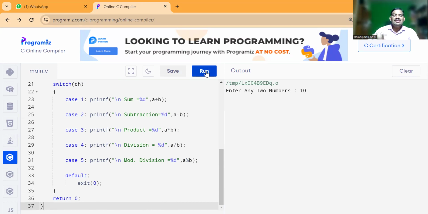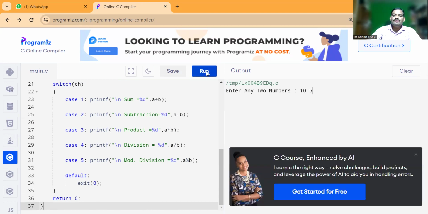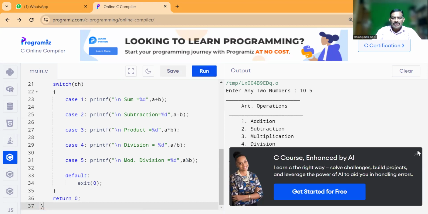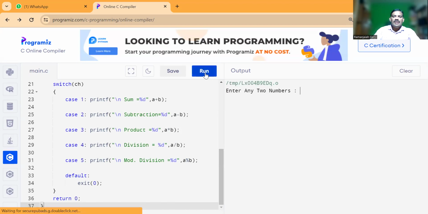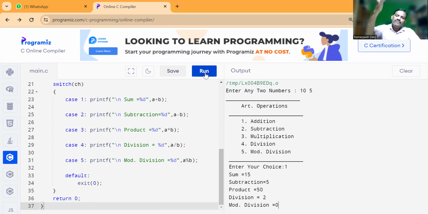Enter any two numbers. Here, there exists a mistake. I will tell you. Enter your option or a choice. If I give 4, here the choice value is equal to 4. Division is equal to 2. Yes, 10 by 5 is equal to 2. Modulo division. See, what you asked? You asked only division. For example, if you give 10 and 5, if you give option 1, everything will be